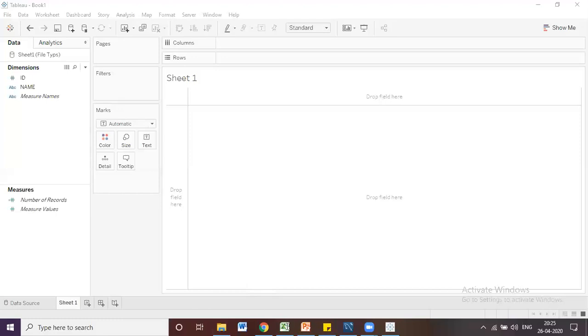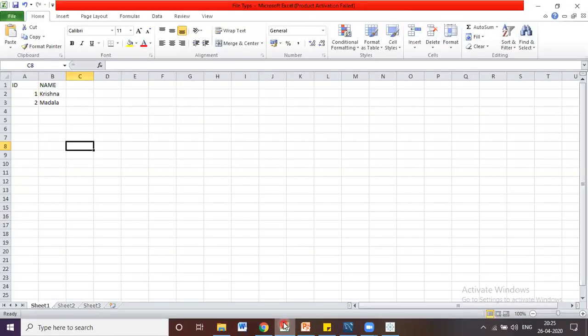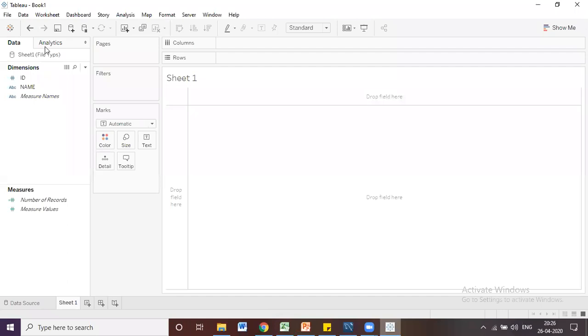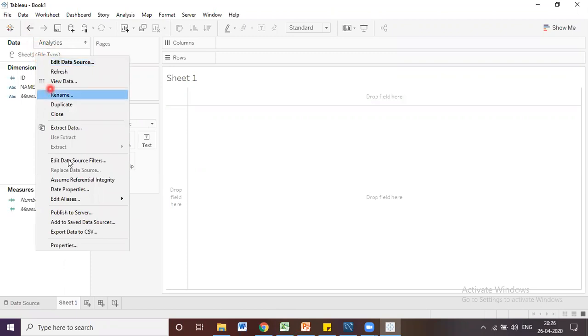The Excel file is this one, with ID and Krishna, only two columns and two rows. Let's go to Tableau. Now, how do we save this data source? To save the data source on your local machine, right-click on this data source and go to Add to Saved Data Sources.